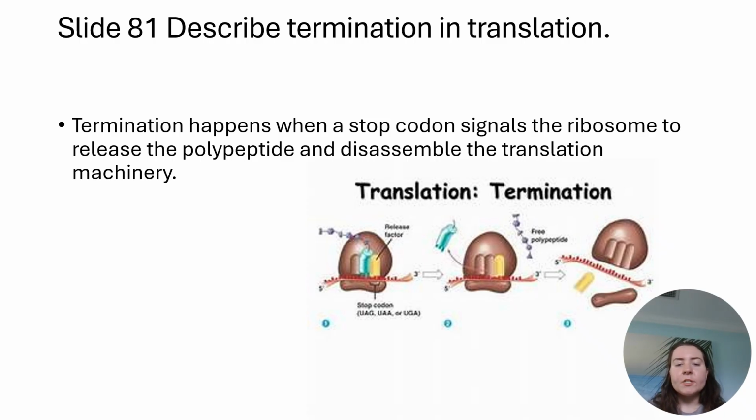81. Describe termination in translation. Termination happens when a stop codon signals the ribosome to release the peptide and disable the translation machinery, and then you